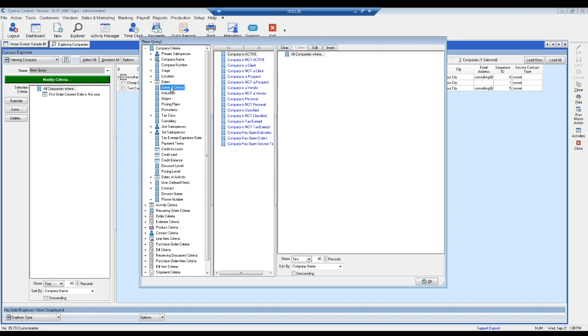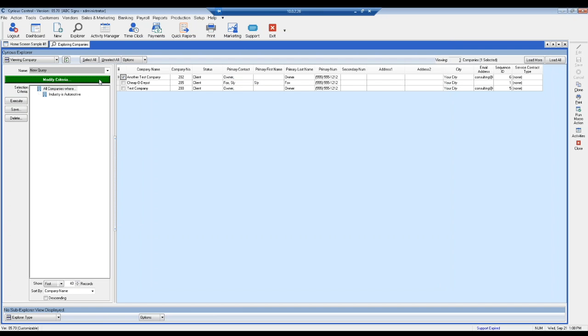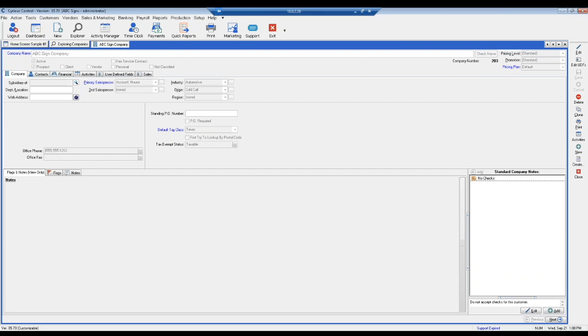Another one that a lot of customers don't use, but is really, really useful for these types of searches, is the industry and the origin. So when you're setting up a company, we'll go ahead and say industry, and I'll say automotive. It pulls up a single assigned company, because on each company record, you have the options for specifying what the industry and origin on that company record is. And it's not really a required feature, so it doesn't have to be used,